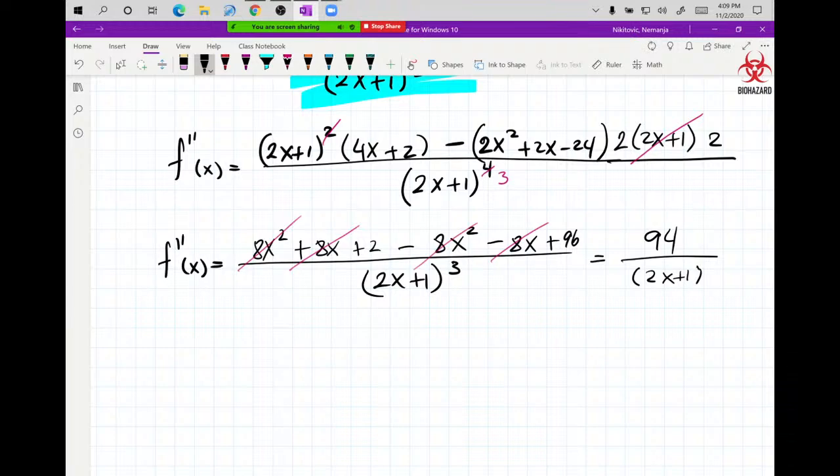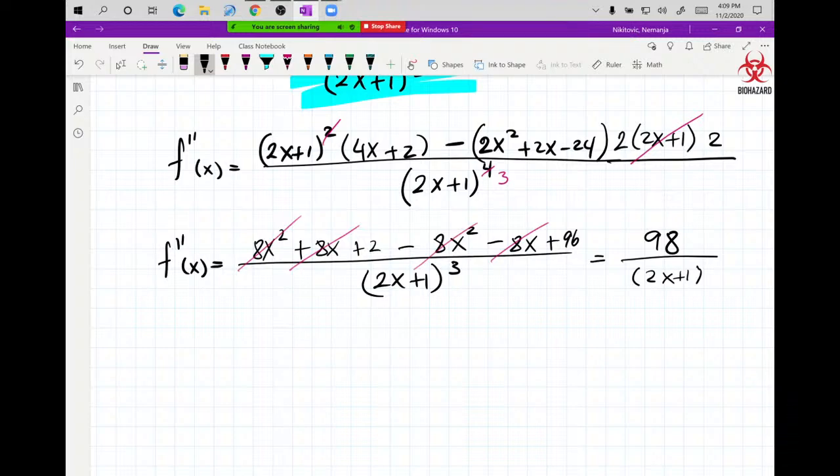Wouldn't that be 98? That's what I said. Please pay attention. Yes, thank you. That is 98. And we have our second derivative. Look how it nicely collapsed into this one simple calculation later on for